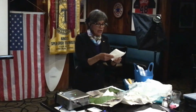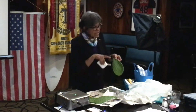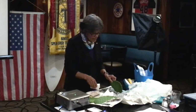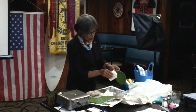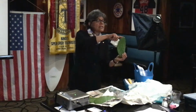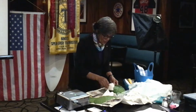So what I do is when I first get them, I bring them over to my table, and with a paper towel, I fold it at least 4 times. And then, because the needles grow this way, you're going to want to go contrary to the needles. And I put them by the table on the newspaper, and I push this way. And then I turn around and push this way. Now the top usually has a lot of little ones, so you have to be very careful there. Once you do that,